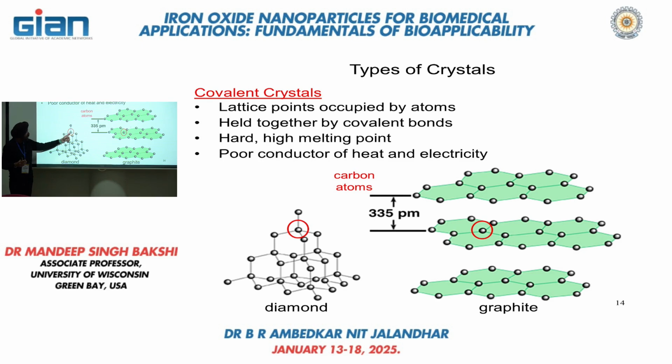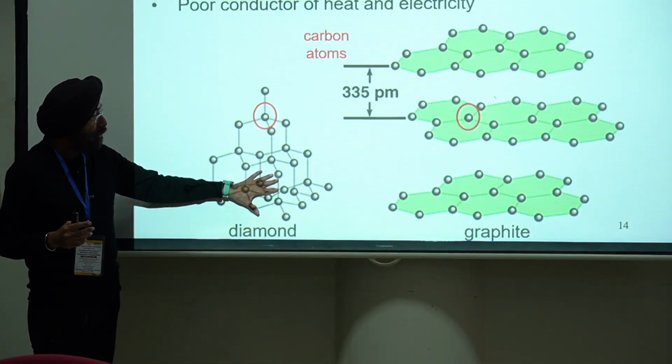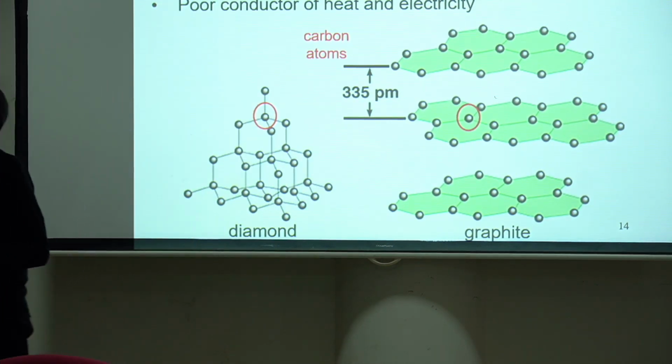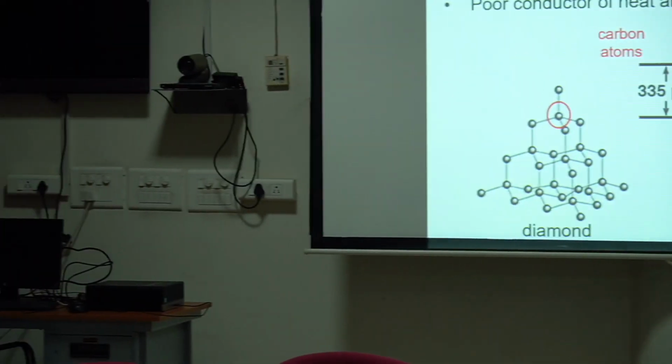So can you tell me what is the geometry for the carbon in diamond, and what is it in the case of graphite? Tetrahedral in diamond, and in graphite